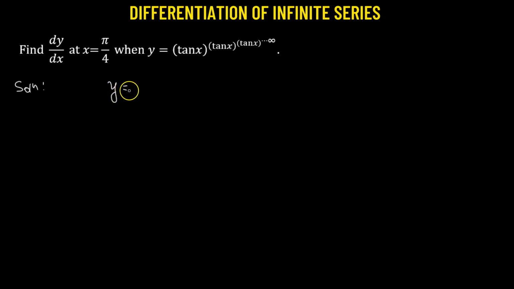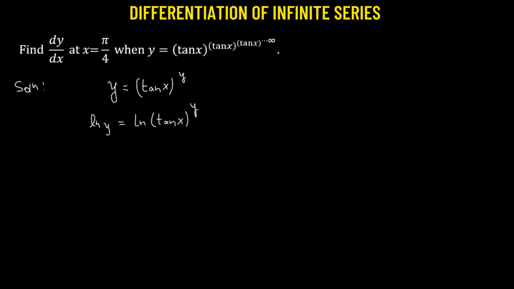So here we have y equals tangent of x whole raised to the power of tangent of x, which is again raised to the power of tangent of x, and this goes all the way up to infinity. So here the exponent or the power can be actually replaced with y. Now what we can do is take the natural log on both sides, and we will be doing the logarithmic differentiation. So this will be equal to natural log of tangent of x raised to the power of